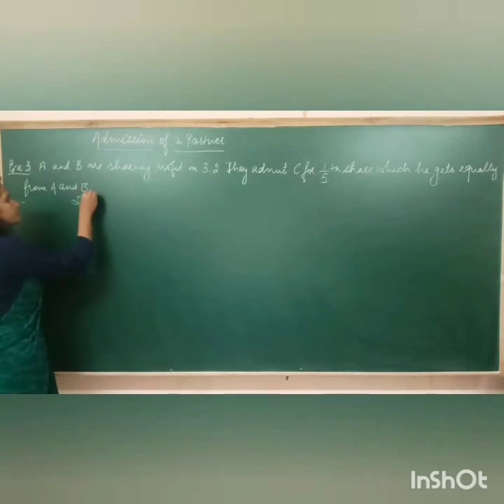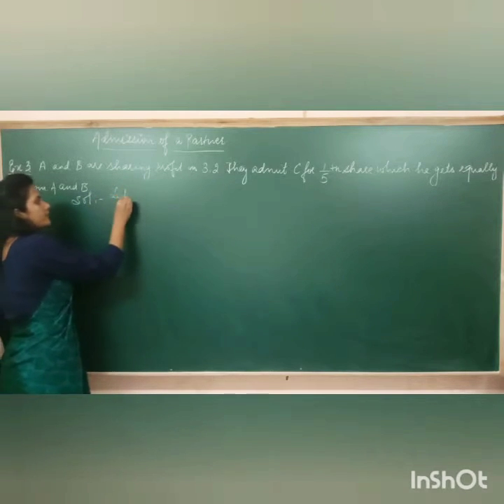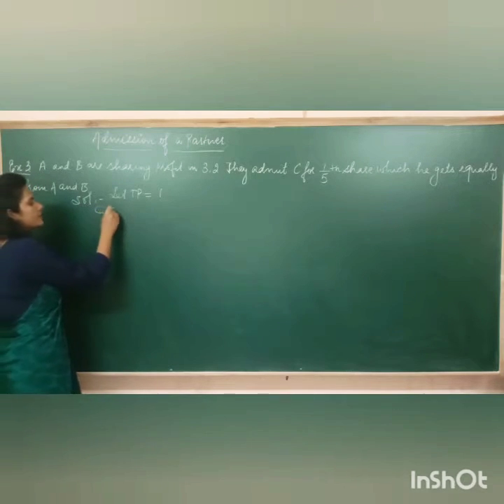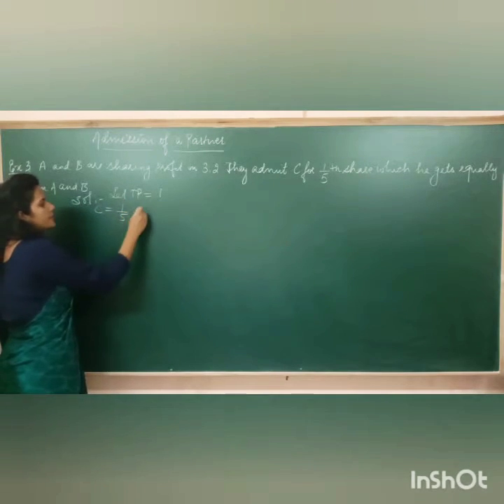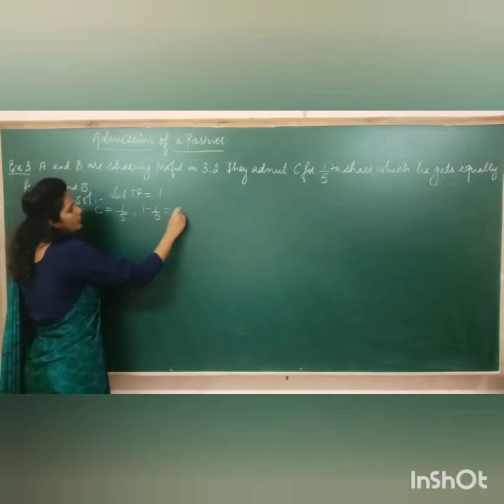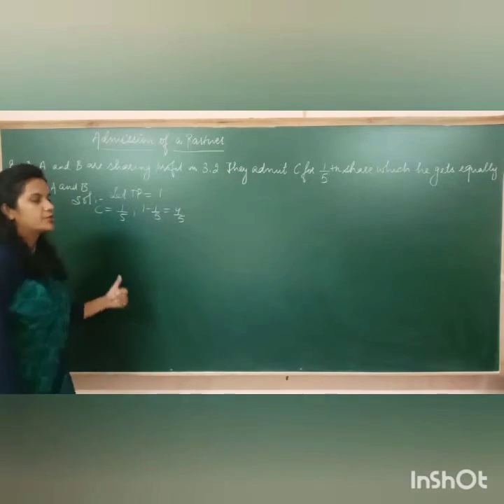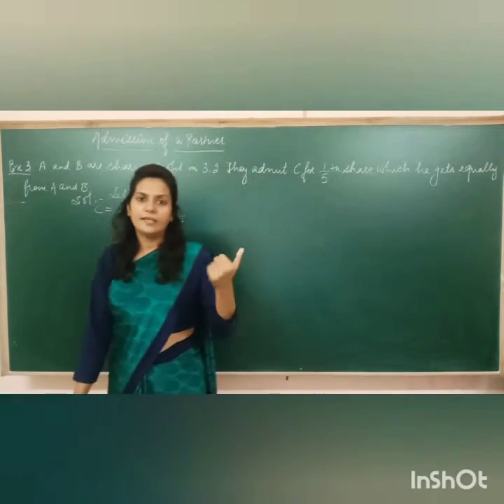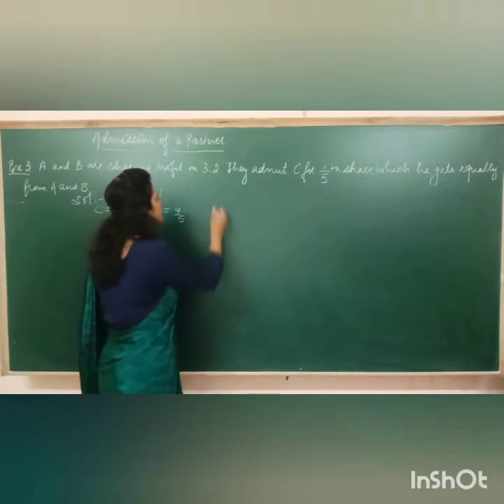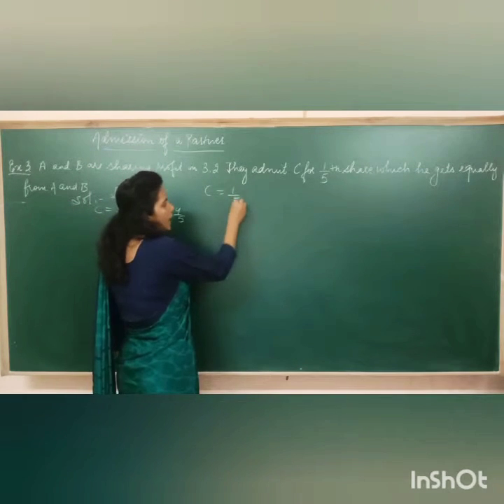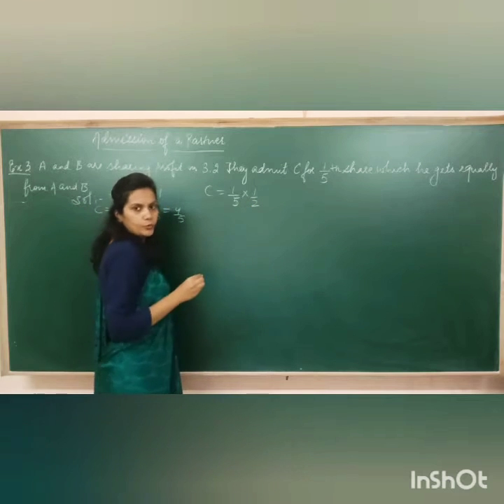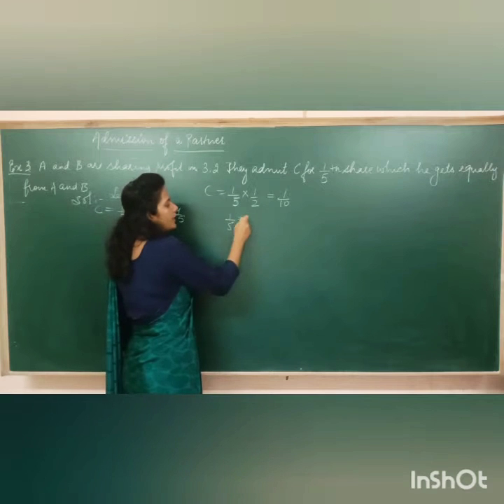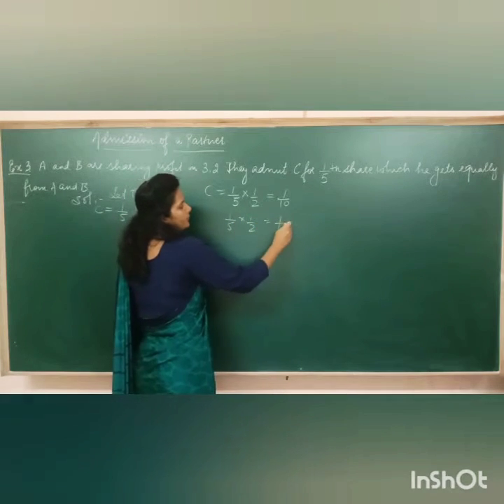First of all, you need to understand one thing, that again we need to assume that total profit is equal to 1. Now C is getting 1/5 share, right? So the leftover profit is 4/5. Now it is mentioned in the question that the share which C is getting, that is 1/5, he is getting equally from A and B. It means half of this share A has given, and the other half of this share B has given.